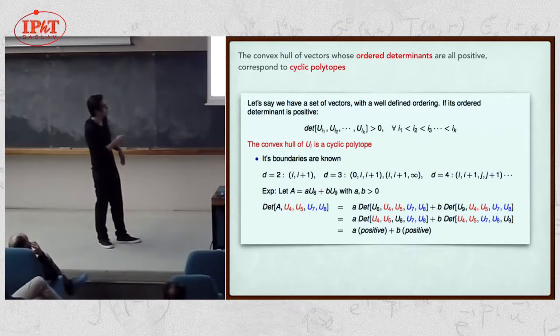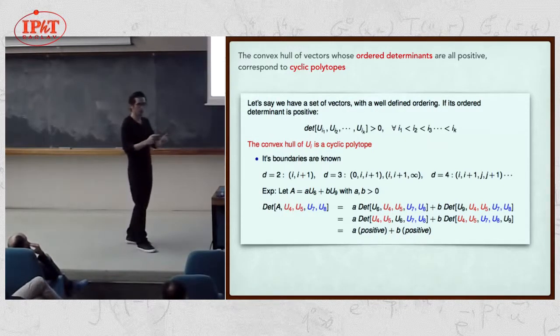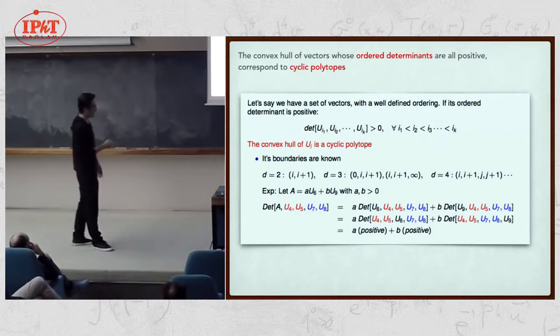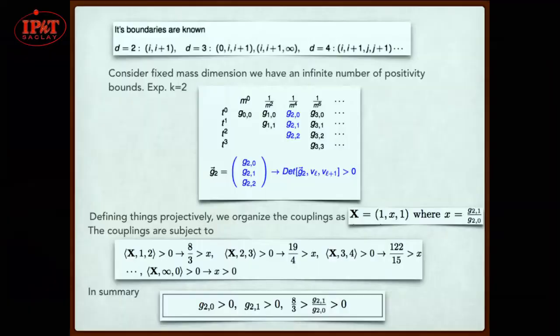So depending on your dimension, if the dimension is 2, then the boundary is just i and i plus 1, where i and i plus 1 is the order that you had before. For 3 dimensions, it's going to be 0, i plus 1, i plus 1, infinity, and so on and so forth. It's very easy to see why these are the boundaries. So in light of time, I'm just going to skip the discussion of why,